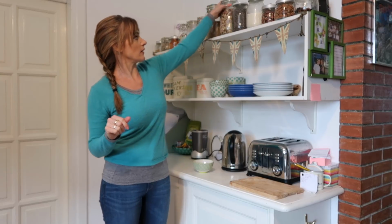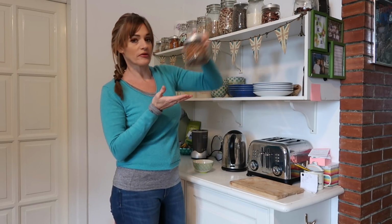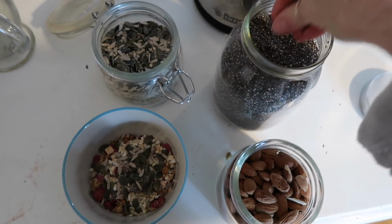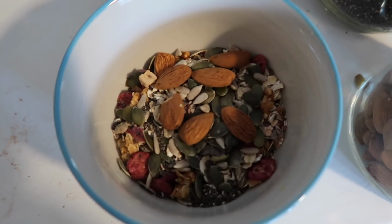So what I do in the morning is I get myself a bowl, I take some muesli, I've got everything up here so it's handy. I sprinkle on some chia seeds, almonds, I take about 5 or 6 of those, pumpkin and sunflower seeds. Mix it all up in a bowl. I normally have rice milk or rice and almond milk or rice and coconut milk, and then a nice big